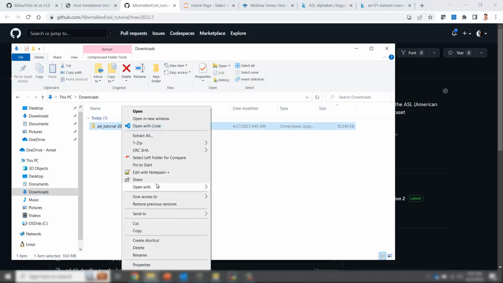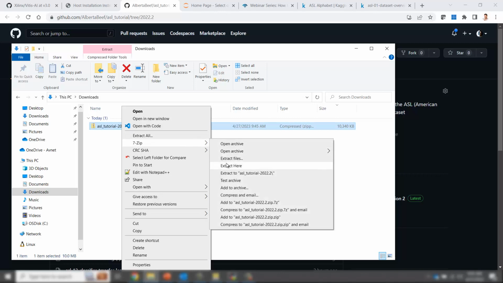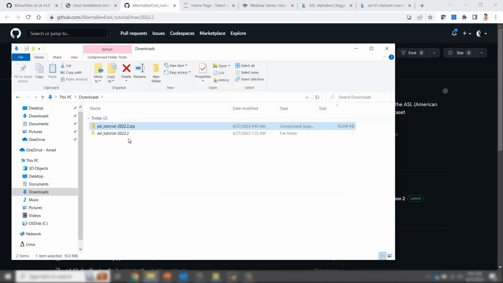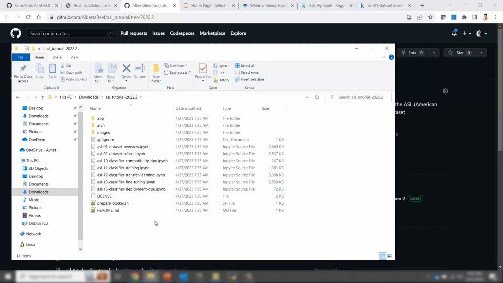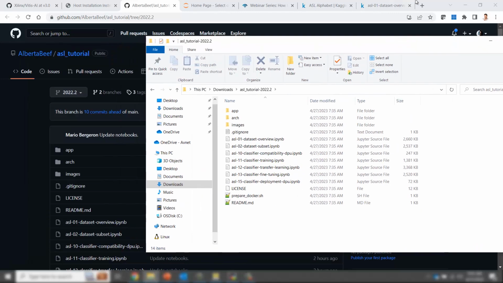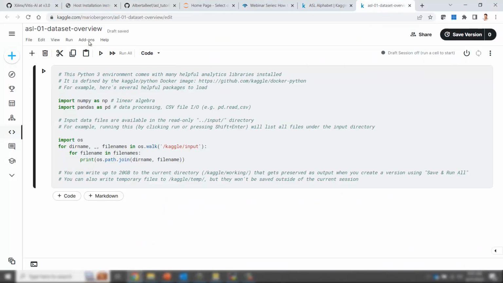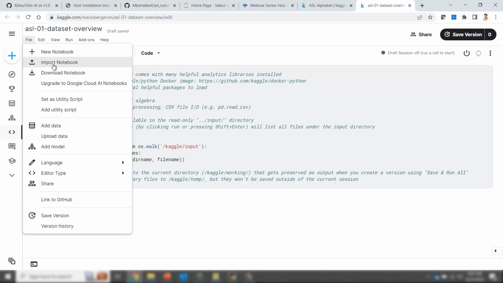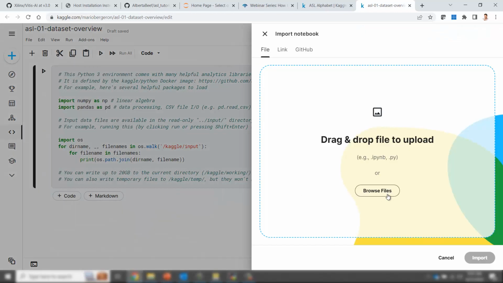Extract that file. You can see here we have all our notebooks. So we'll want to import this into our Kaggle